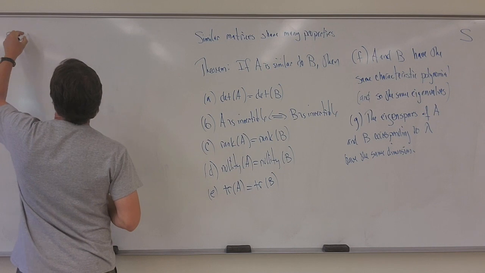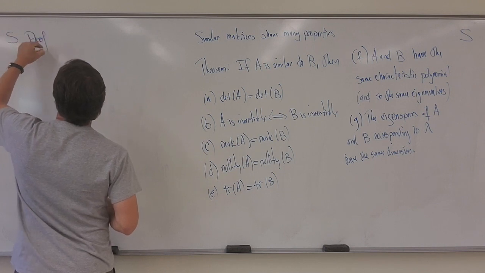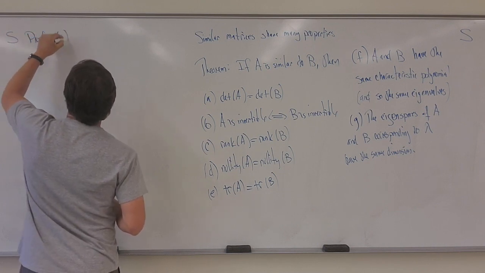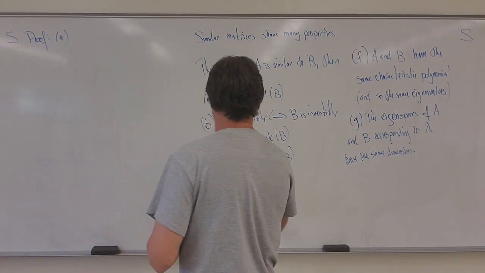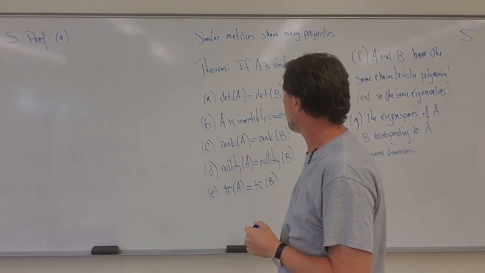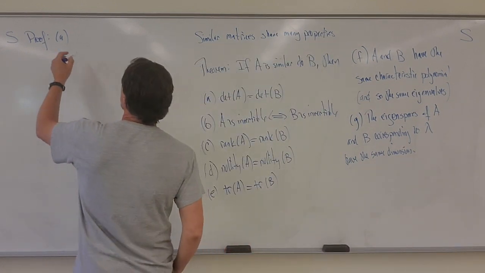So, proof. First, let's just look at the proof of part A. Now what we want to do, proof part A says that they both have the same determinant. Now, what we have, so we can say since